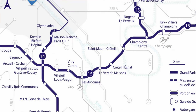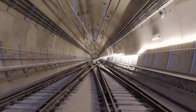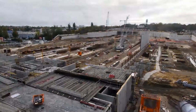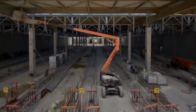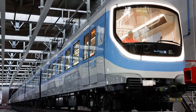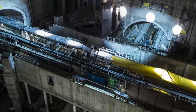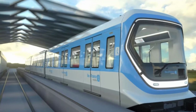The most important of these lines would be Line 15, which will encircle the city and is divided into east, west, and south sections. As a high-capacity underground rail line, it provides a new ring line around Paris in the departments of Hauts-de-Seine, Val-de-Marne, and Seine-Saint-Denis. It will enable direct journeys between the suburbs, bypassing central Paris. Line 15 is planned to open in phases from 2025 through 2030, while